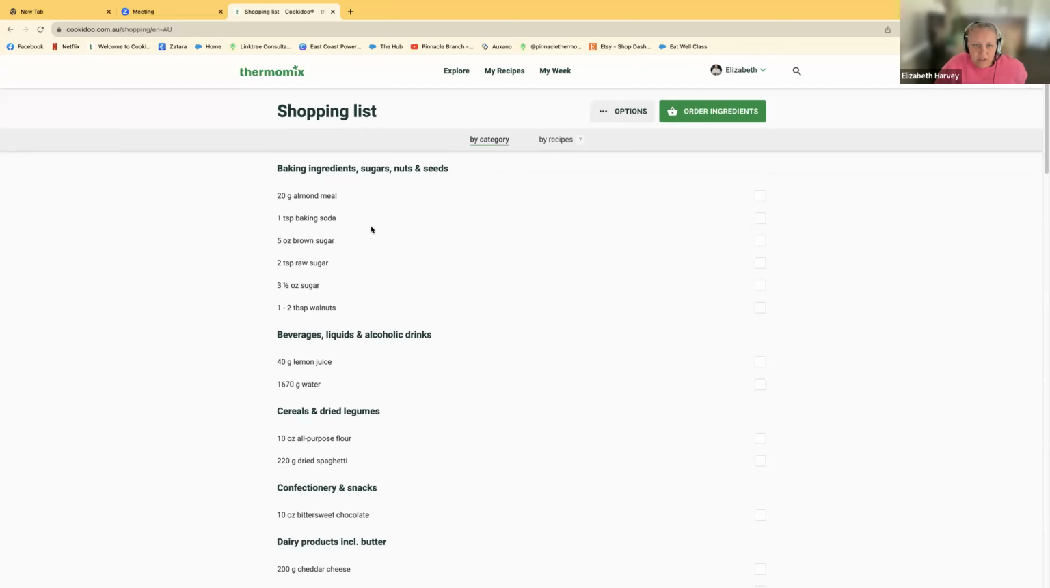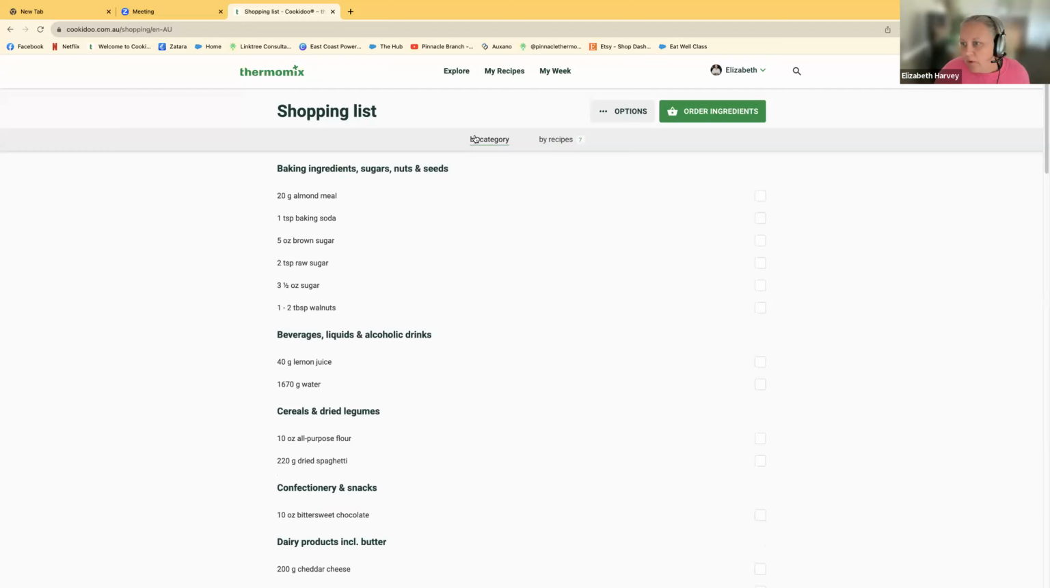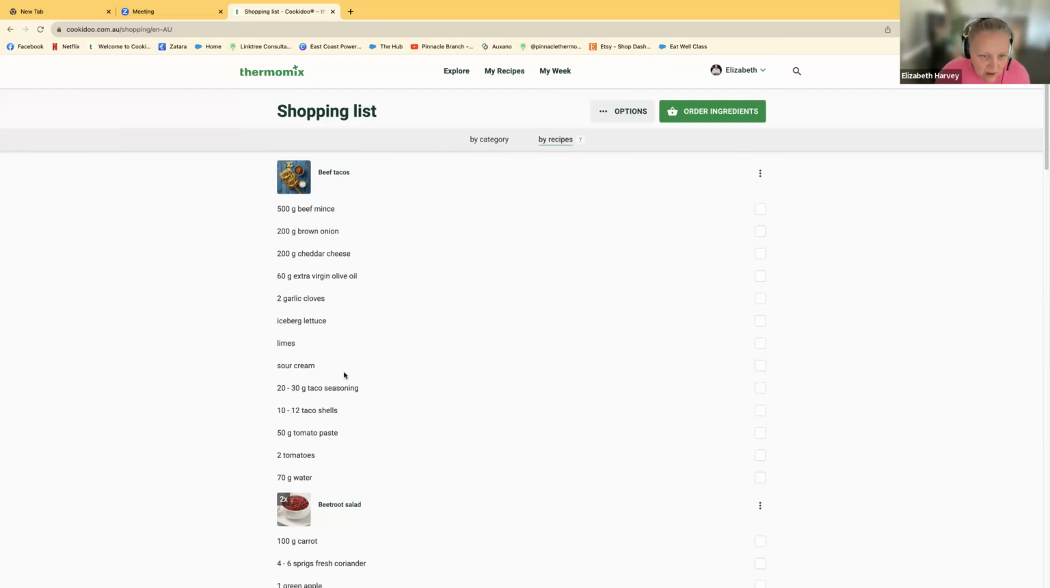So what we go through is we tick off what we have got in our cupboard. What I actually like to do is I don't do that from this view. I shop from this view, but when I'm choosing what ingredients I have, I do it from this view. And why we do it there is because say it might say sour cream for the tacos, but maybe we don't put sour cream on our tacos. But if you're in this category, you don't know what recipe that's for. So if it's here and say we don't put sour cream on our tacos, we would just tick that off